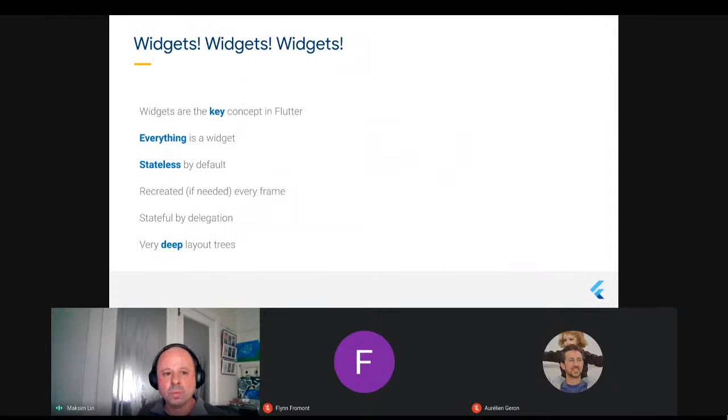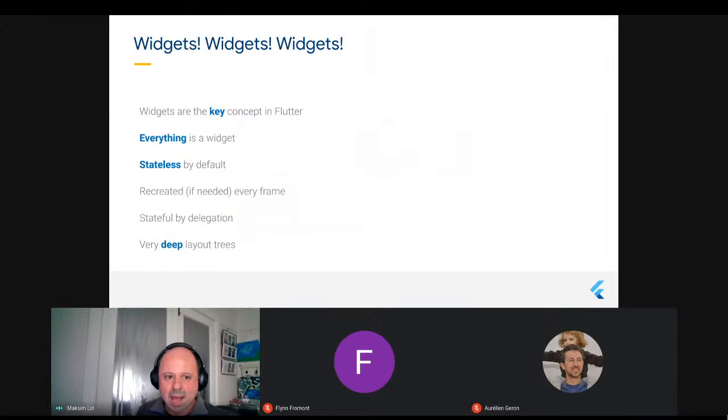Now, I mentioned widgets. Well, widgets are the be-all and end-all in Flutter. Basically, widgets are the key concept in Flutter, and almost everything in Flutter, at least in terms of the user interface, is a widget. Now, this is quite different from, say, some other UI toolkits or SDKs where you might have, for instance, a user interface element like a button or a text field, but then if you want some padding around it or you want it in a particular layout, those are like separate properties.